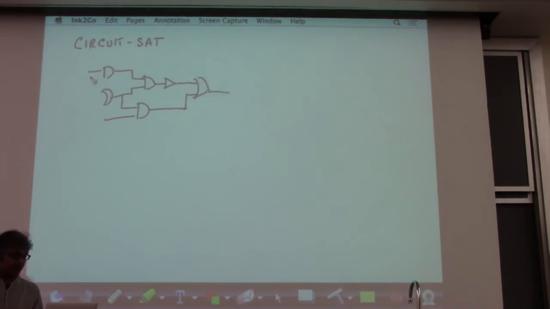Okay. So there's one input, two inputs. Fine. And right here is a bulb. Now, of course, think of the x1 through x5 as switches that can be either on or off. You all know the rules of logic. You know what happens if you go through an AND gate or an OR gate or a NOT gate. And the question that circuit SAT asks is, given such a circuit,